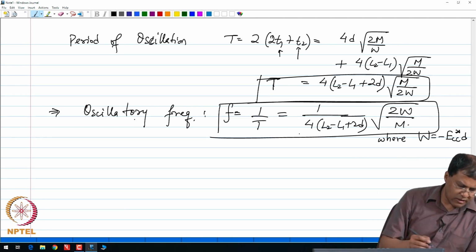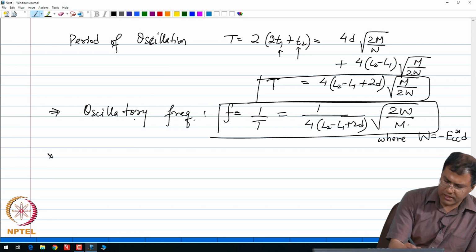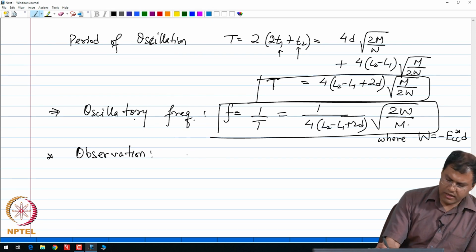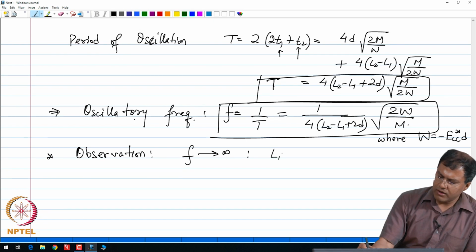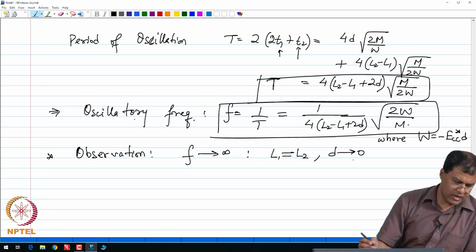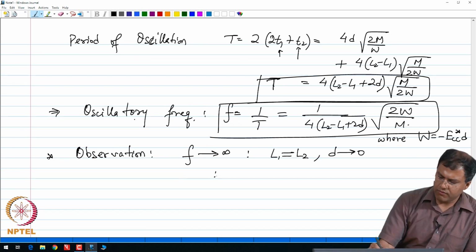So, this is just an observation. Notice that f goes to infinity when L1 is equal to L2 and D goes to 0, or this is the case of faster oscillations